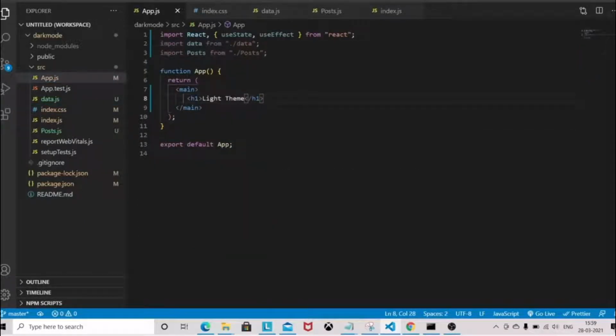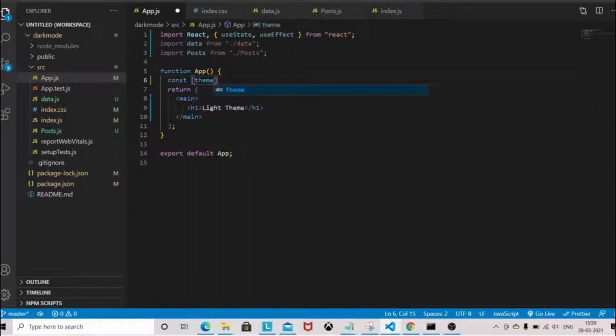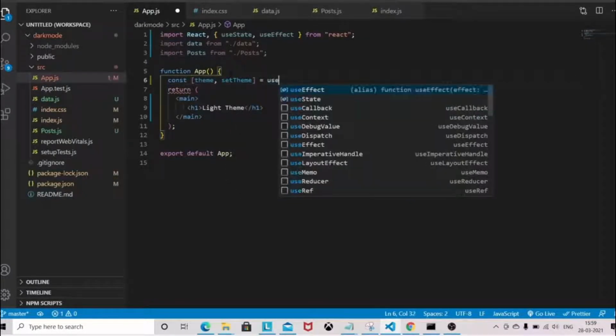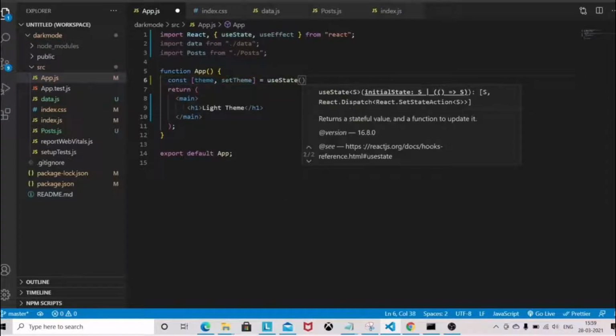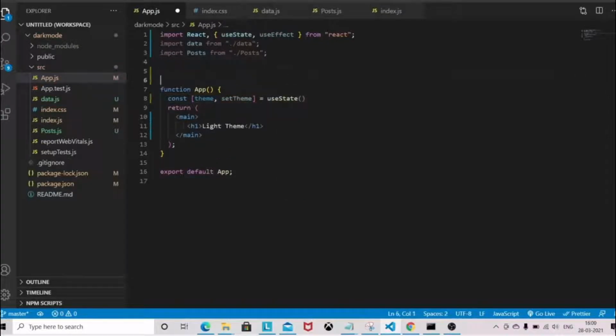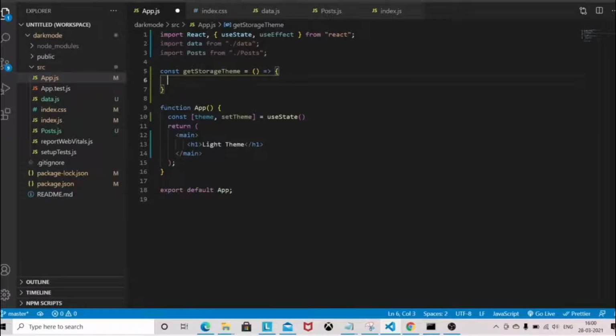So let's work on it. We need to declare one state here, that is theme, setTheme, and we are going to use useState. In the demo I explained that we are using the local storage, so I am going to define one method here to get the theme from the local storage.